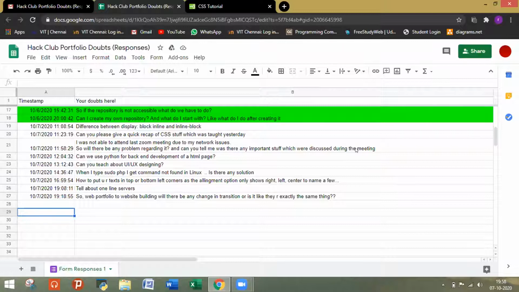Okay, so can you teach about UI or UX designing? See, we had some burning session regarding this in our group today. Basically, there are designers for UI separately, but right now, being a student, you have to do that as well, and you have to explore more on that particular field. Take inspiration from a website and try to build that first.